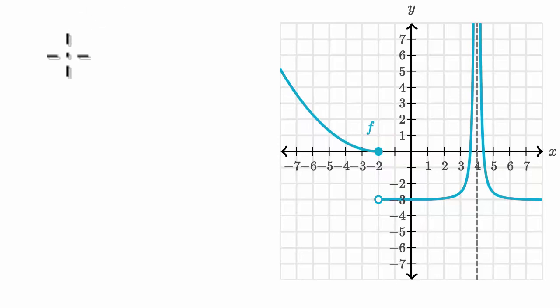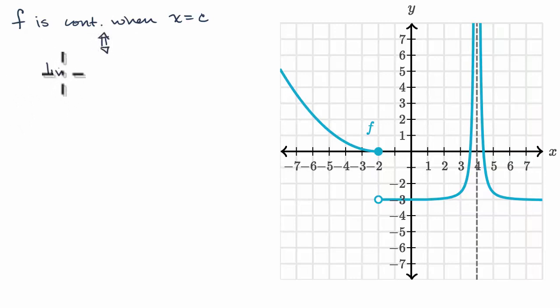What we're going to do in this video is explore continuity over an interval. But to do that, let's refresh our memory about continuity at a point. So we say that f is continuous when x is equal to c if and only if, so I'm going to make these two-way arrows right over here, the limit of f of x as x approaches c is equal